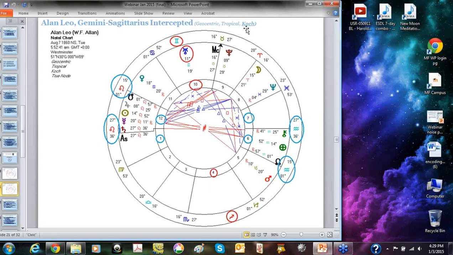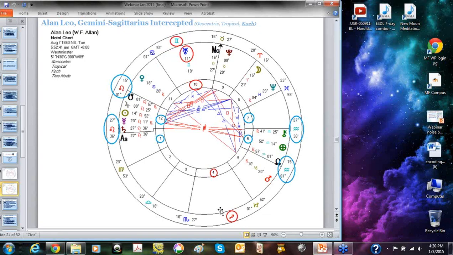Okay, so now we're on to the same Alan Leo chart, but with a different house system. And this is the Koch house system. You see the name way up here? It's the Koch house system. What does that do? It changes the sign that is intercepted. In this case, we have Gemini on one axis and Sagittarius on the other axis. It is intercepted. It's self-contained within the house because on the cusp of the 10th house, you have Taurus. On the cusp of the 11th house, you have Cancer. Gemini doesn't appear on a cusp. Hence, it is self-contained. It is intercepted within that house and its opposite as well.